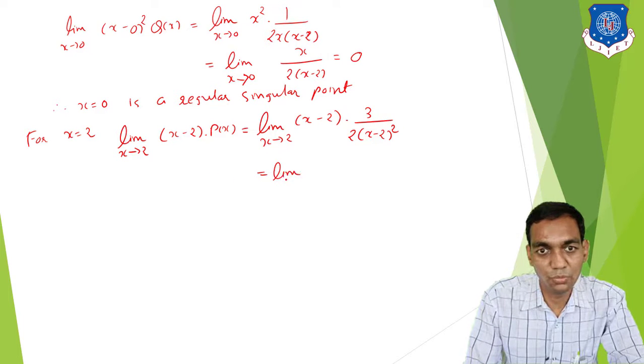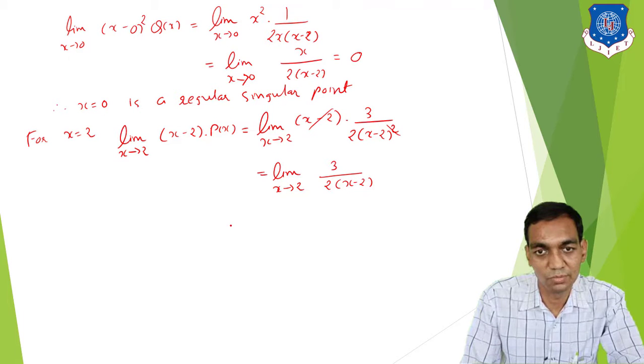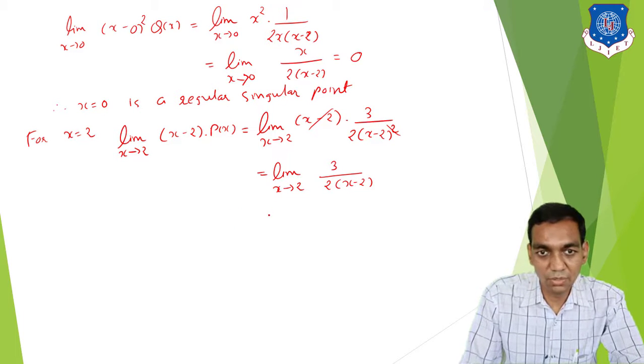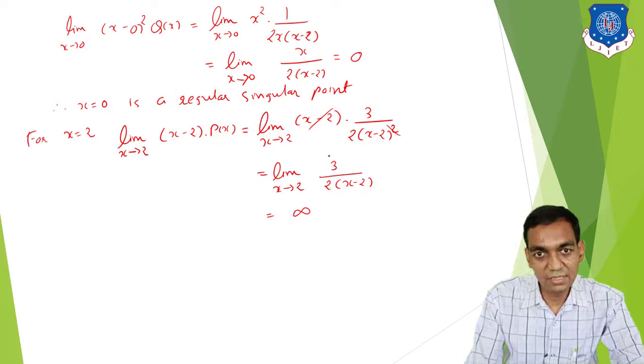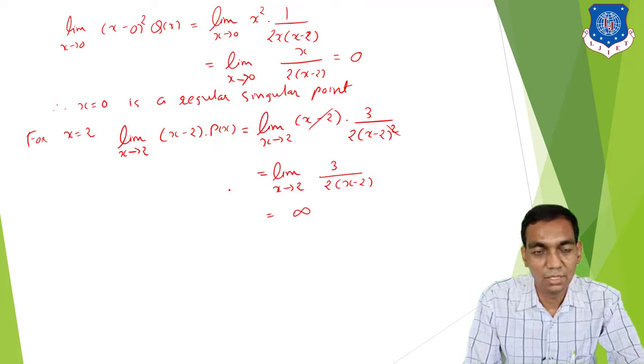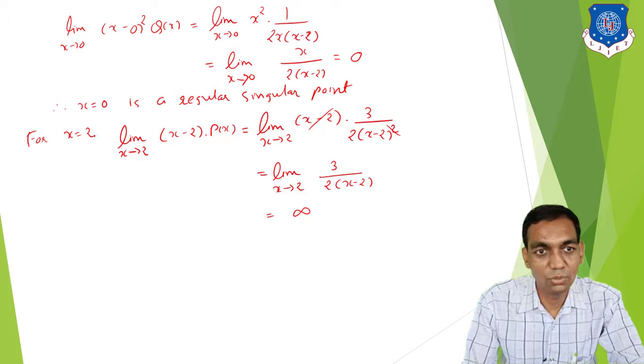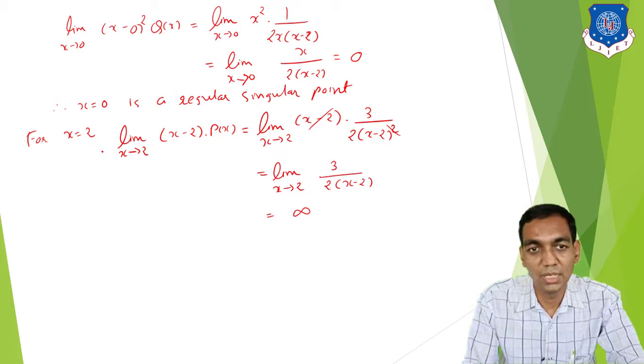If you simplify, then you will have 3 upon 2 into (x minus 2), since one factor of (x minus 2) will be cut out. If you put the limit, then you will have 3 by 0. That means you have an infinite value. And since this limit is infinite, your point x is equal to 2 is going to be an irregular